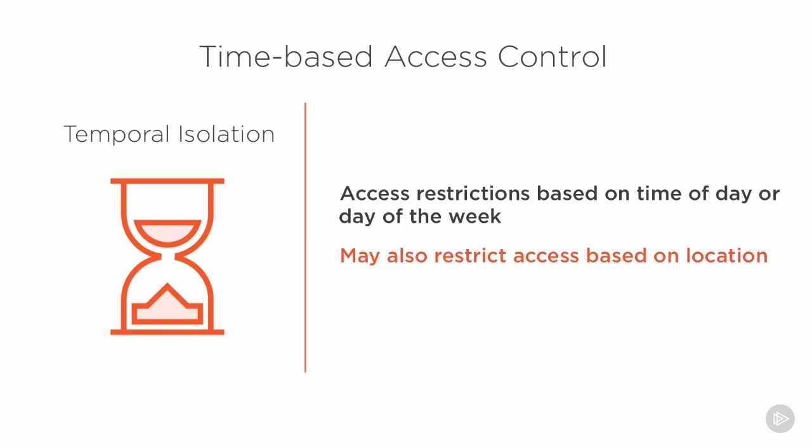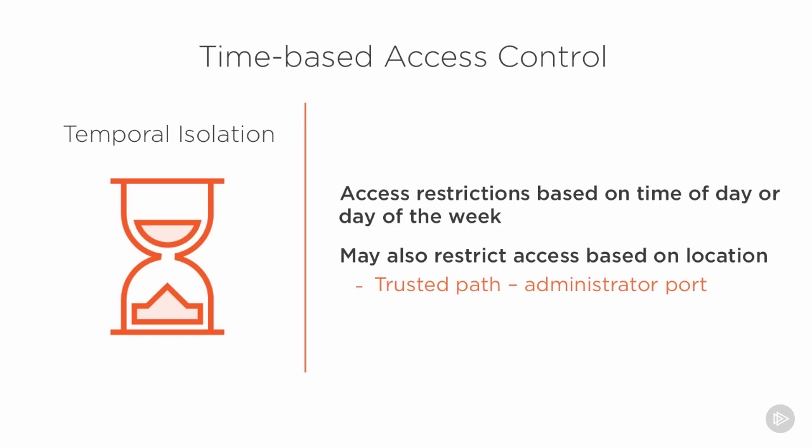Now, this could also restrict a person's access based on where they are. If the person is in the office, their level of access might be higher than if they're working remotely, for example. An example of this also could be, say you want to do administrator level functions on a server or an IDS, a network appliance. Quite often, in order to do administrator level functions on those devices, you must be physically hardwired to the administrator port on that device.